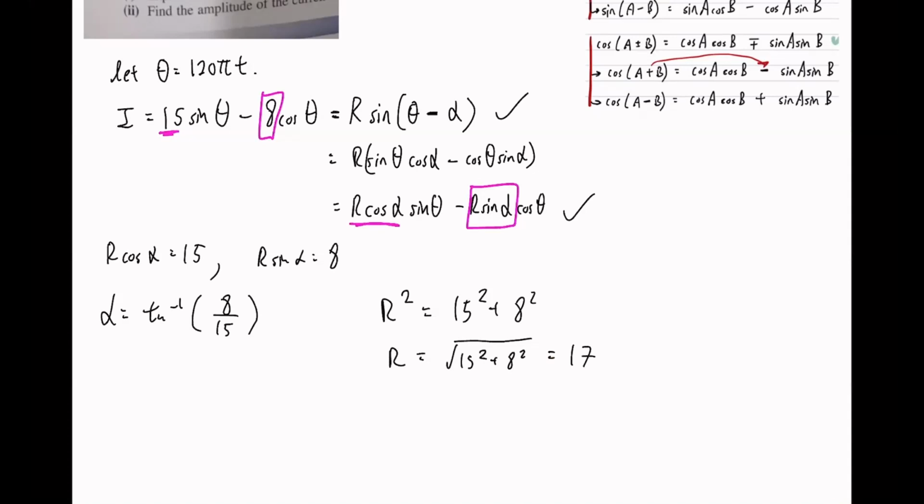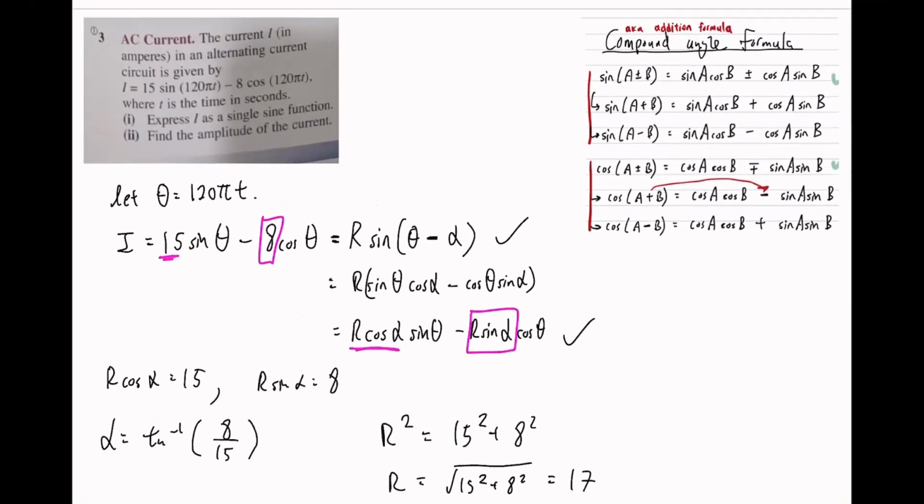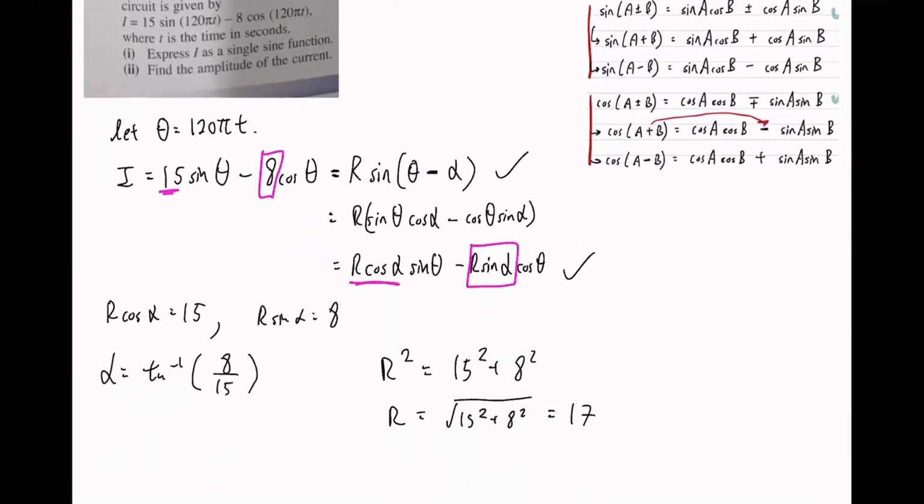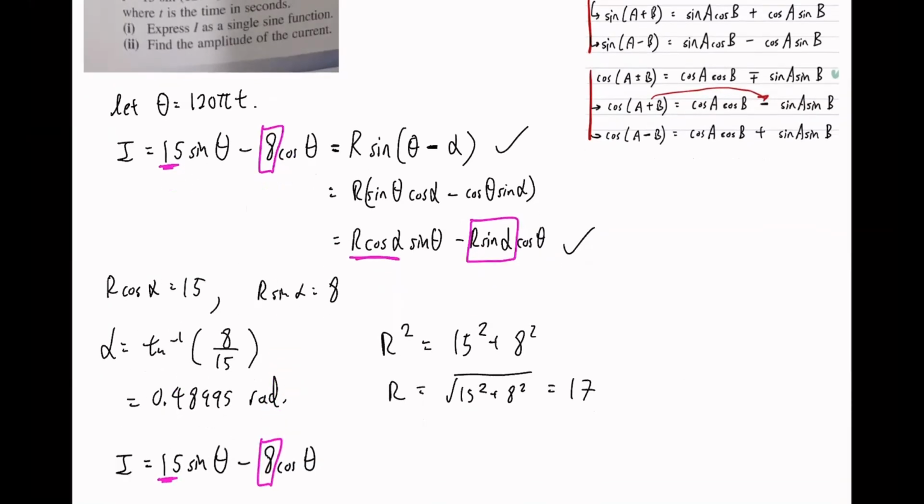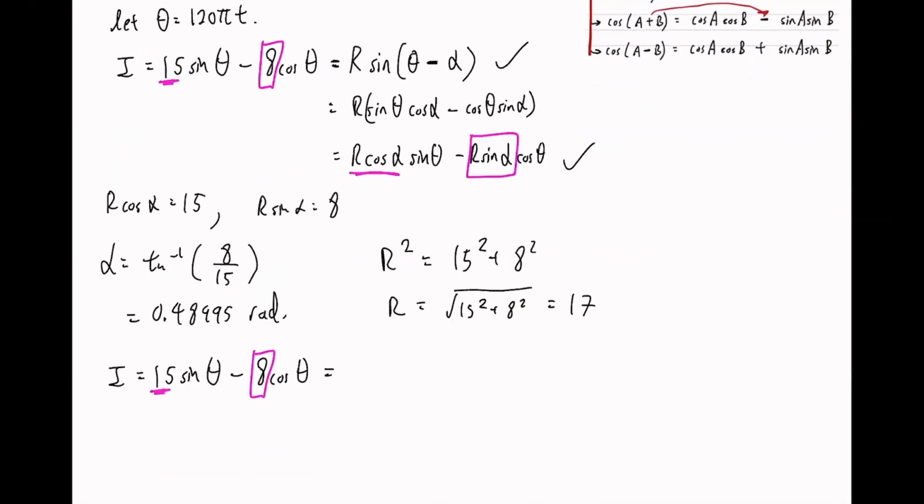So tangent inverse, let's just calculate that first. 8 over 15. Did they request for radians? Okay, just for variety, let's work with radians now. So this will be 0.48995 radians. I just changed the calculator mode, nothing difficult. So now we just need to substitute in, and therefore we get I equals 15 sine theta minus 8 cos theta equals 17 sine of theta minus alpha, in this case using radians,